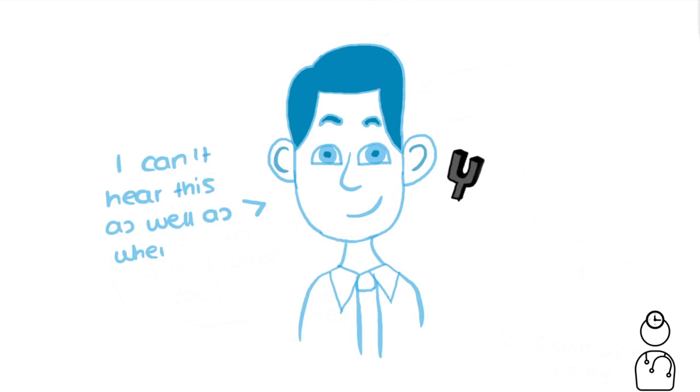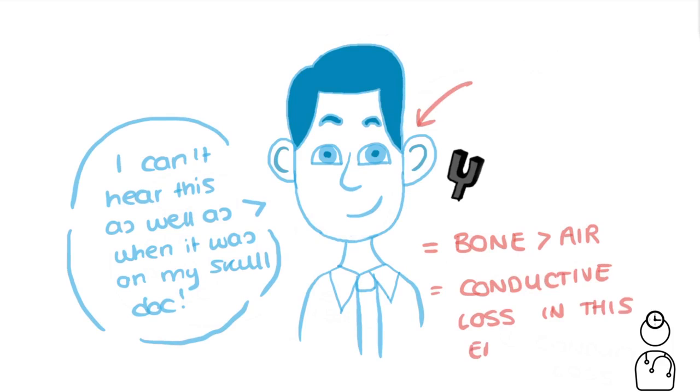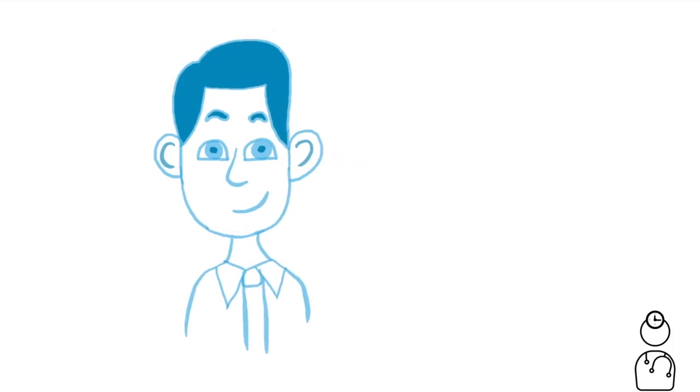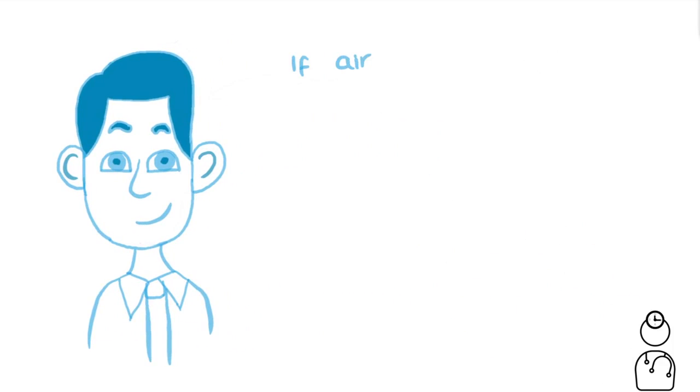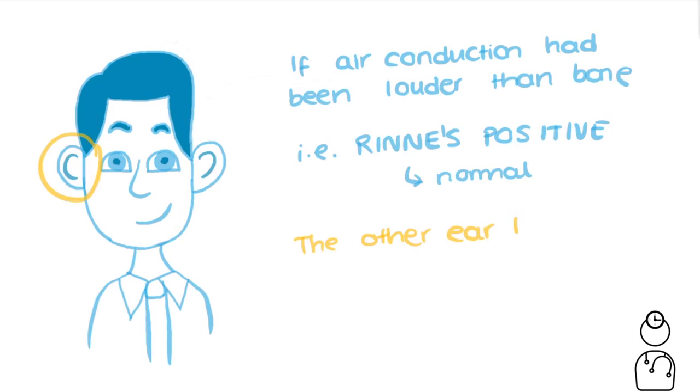Since Bob is saying that the sound was louder when it was on his mastoid process than when it's next to his ear, it means that bone conduction is better than air conduction, meaning there's a conductive hearing loss in this ear. We'd also repeat Rinne's on the other side to check it's normal. If Bob had had a normal Rinne's test, also known as a positive Rinne's test, where the air conduction is better than bone conduction, it would mean that the other ear